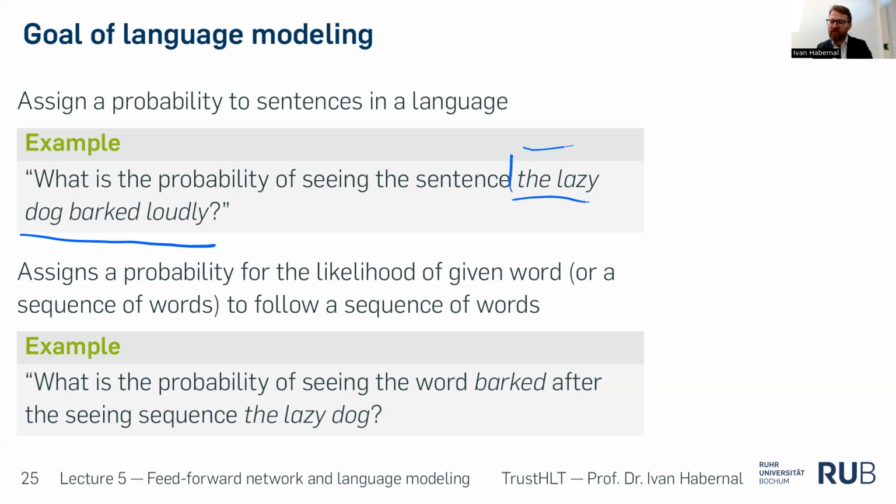If we have this probability of the whole sentence, we can turn it into the probability of seeing the word bark after seeing the lazy dog. So we can turn a joint probability into a conditional probability, and we can ask, basically using the same